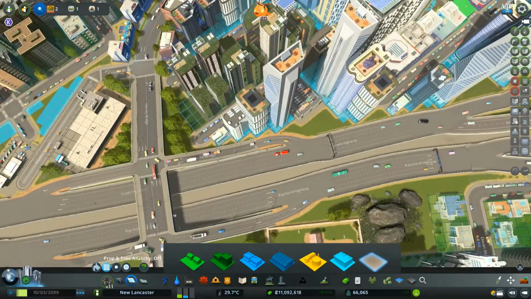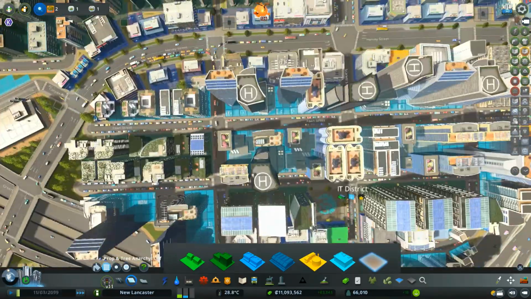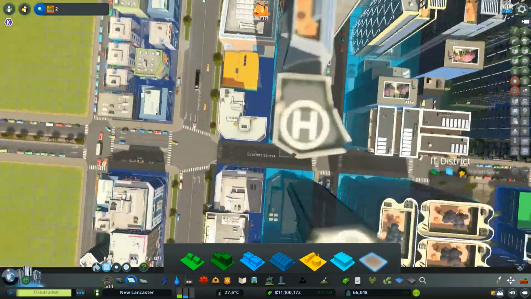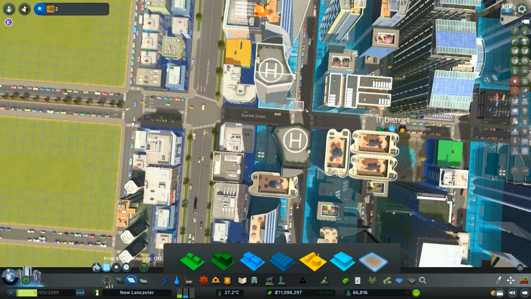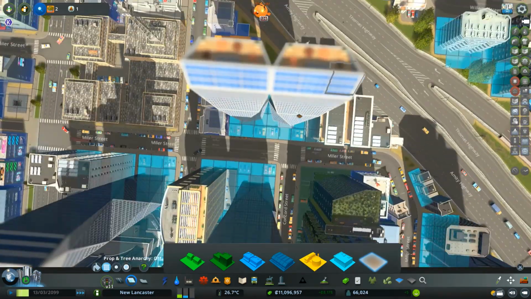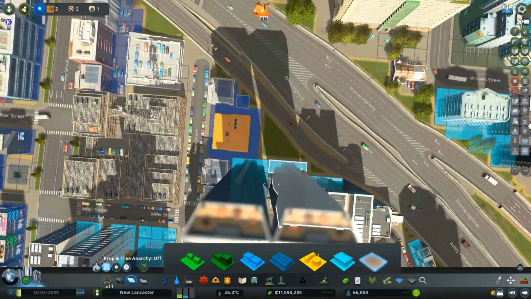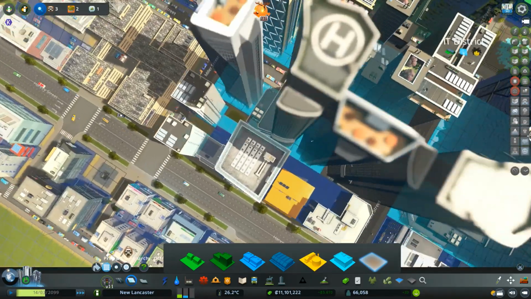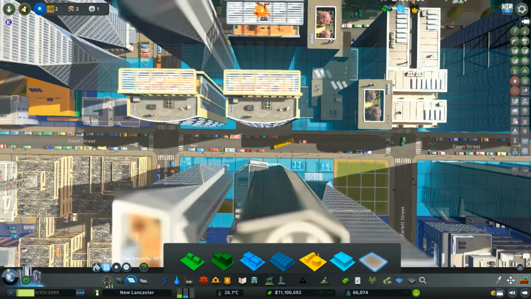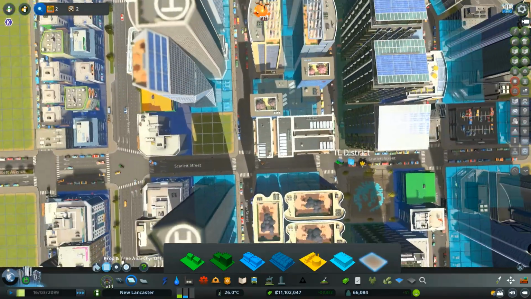Just going to unzone that. And then I did say I wanted to dezone some of the offices in here because I think it's just a little too much office. So let's take out this building. And then let's take out this building. And then how about this one as well? Awesome.